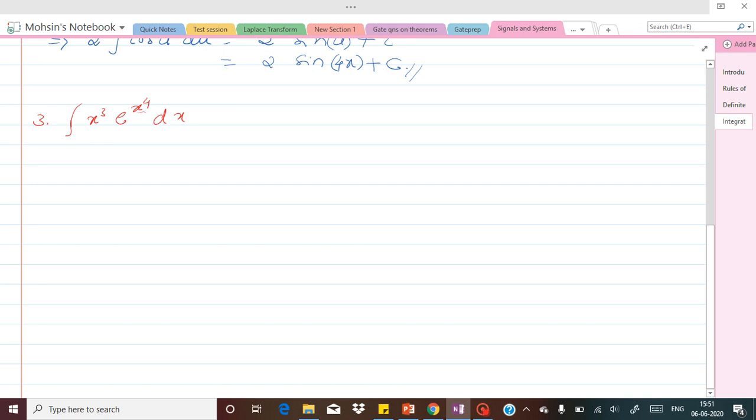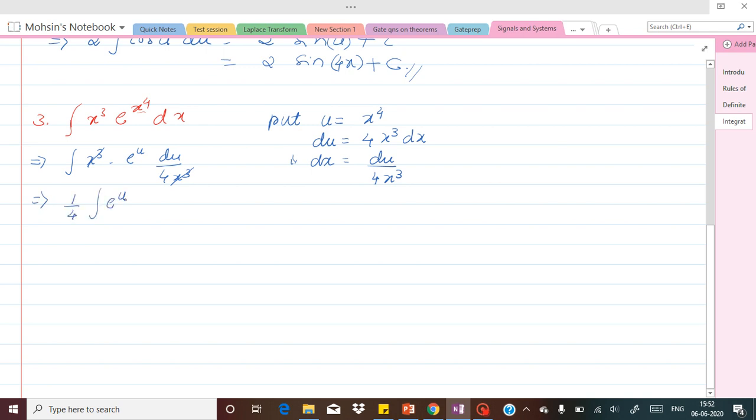So therefore let us put u equal to x raised to 4, so therefore du is equal to 4x cube dx. Now what will be dx? Therefore dx is du divided by 4x cube. Now let us substitute these things in the integration over here. So this will be integration x cube into e raised to u dx. So dx is du divided by 4x cube, so this x cube will get cancelled, and 1 over 4 can be kept outside as a constant.